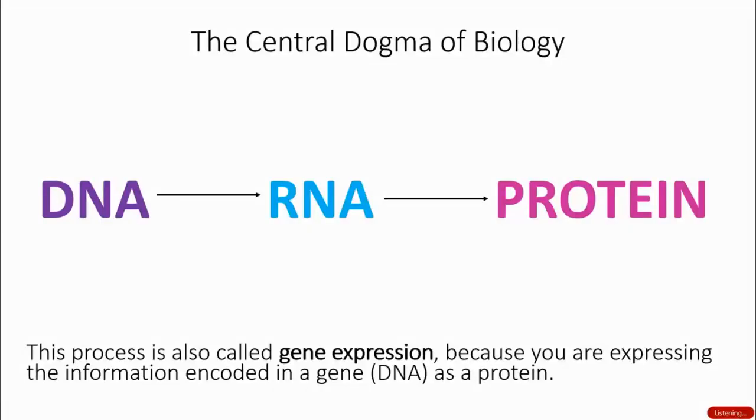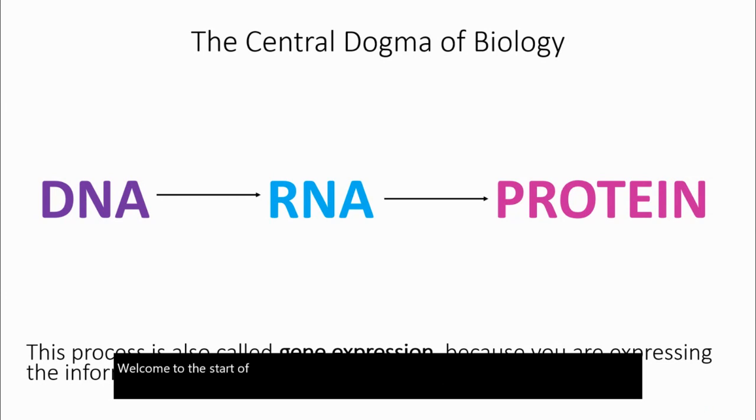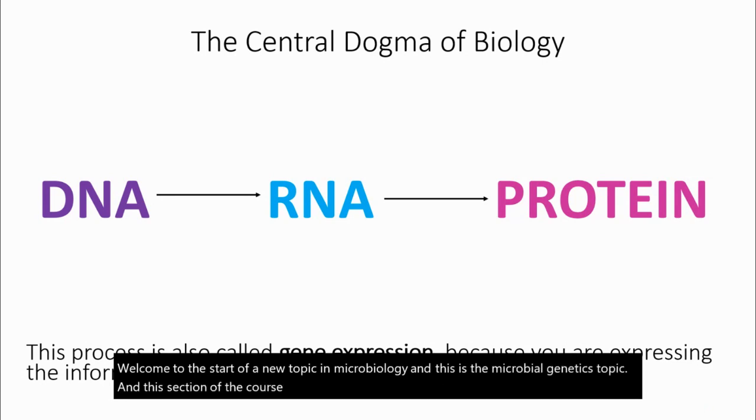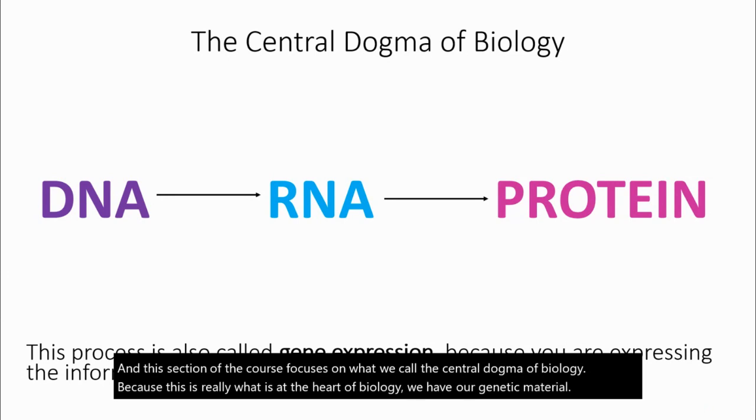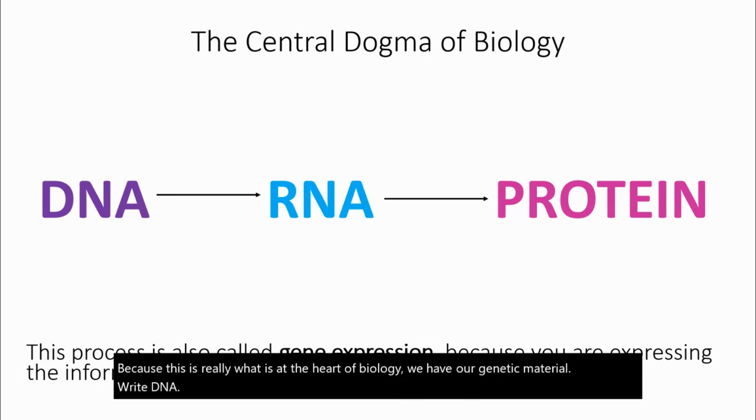Welcome to the start of a new topic in microbiology, and this is the microbial genetics topic. This section of the course focuses on what we call the central dogma of biology, because this is really what is at the heart of biology. We have our genetic material, DNA, and then we have proteins, which are all the little workers of the cell. And so DNA is important because it tells the cell how to make all the proteins that it needs